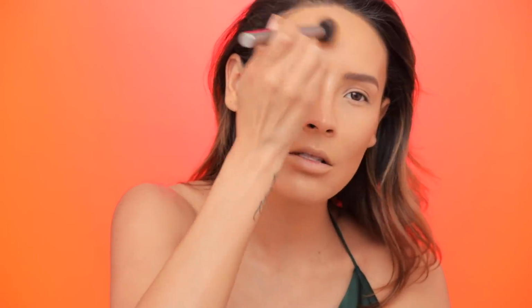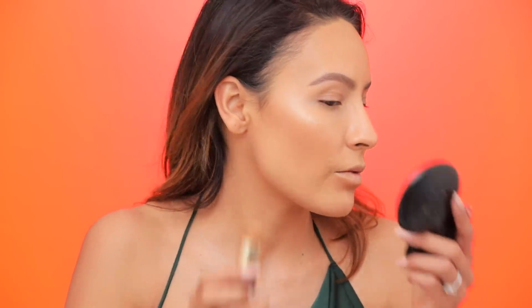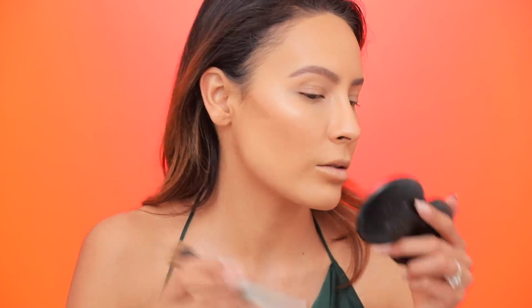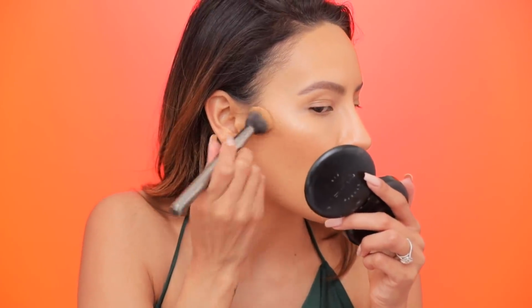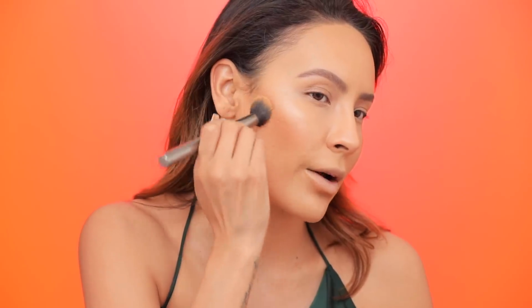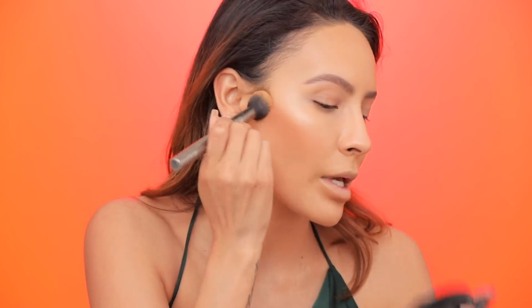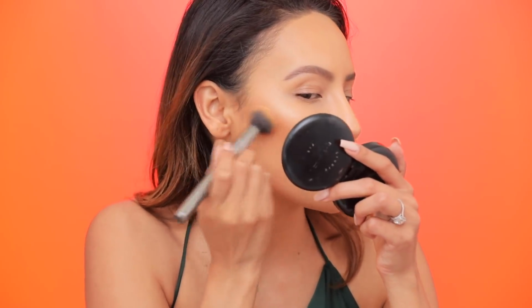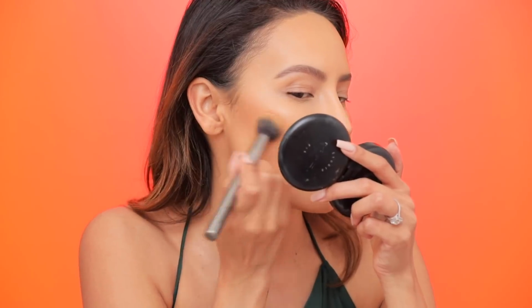See how easy this blends out? I mean, it's such a nice, easy product to work with. I'm so in love with it. And then sometimes if I even want to, on the very, very outer part, define it just a little more, I'll go back in, add a little more product, boom, boom, boom. I would definitely wear this on a tropical vacation, a light makeup base, if any, maybe just a spot concealing, but then just put this all over my skin to just warm me up. But also take whatever's on your brush and just kind of...